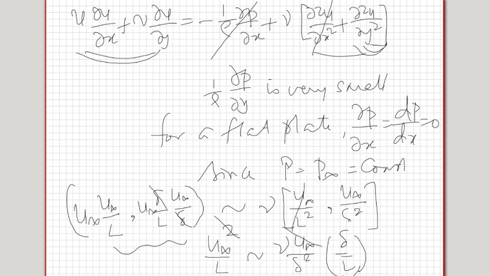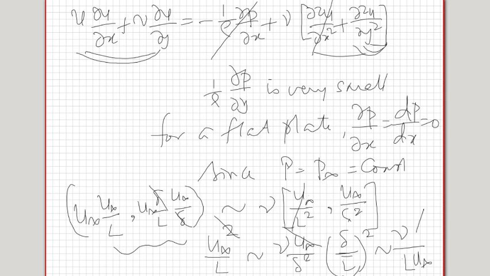Delta by L the whole square is of the order of, so what will happen? This delta squared has moved here and I have multiplied by L here, so I have to multiply here also by L below. This nu stays here and the u infinity goes here. So this delta by L the whole square is of the order of nu by u infinity L. So what is this? The u infinity L by nu, which is written upside down here, is basically therefore 1 over Reynolds number.